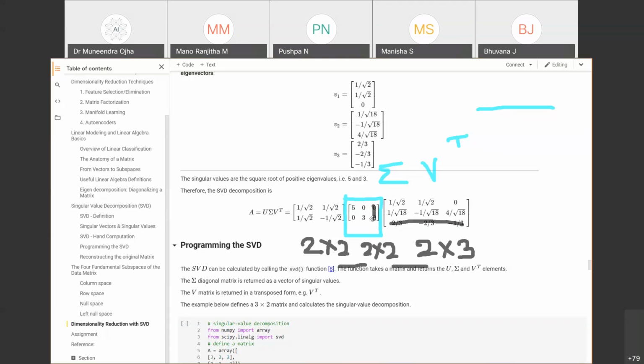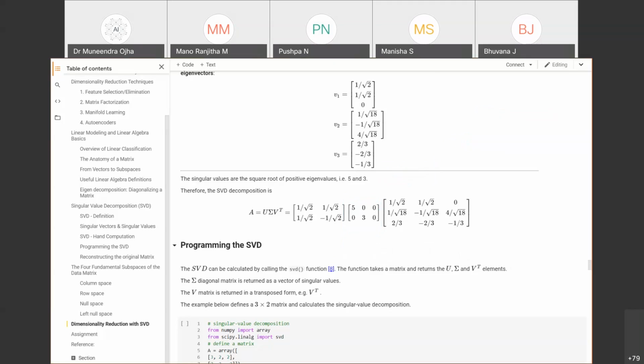So why am I removing the third column of sigma? Because I don't want zero singular values. So I will remove this because I am removing the null space. After removing this column of sigma and the third row of V transpose, I will get an approximate matrix. This approximate matrix will be, now over here, I can say that B is equal to,